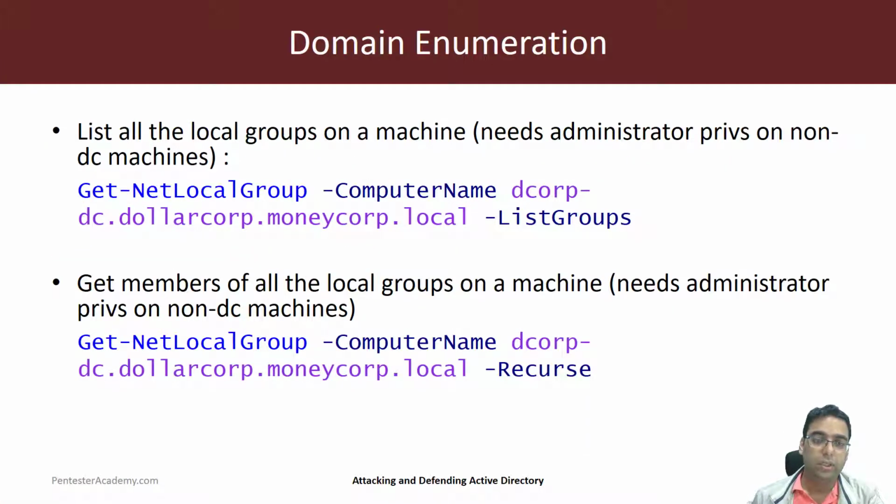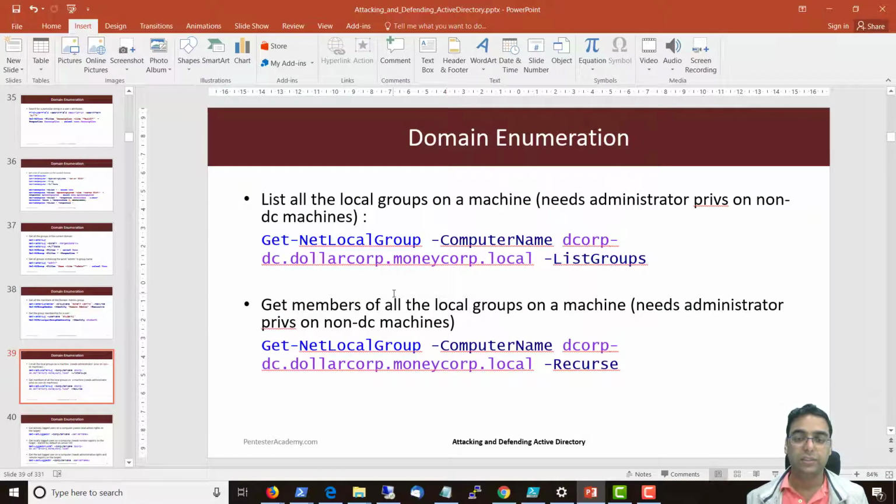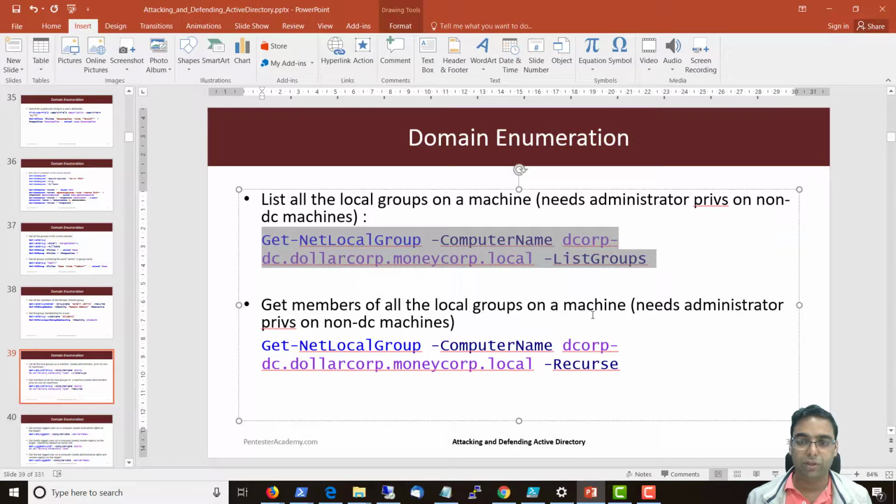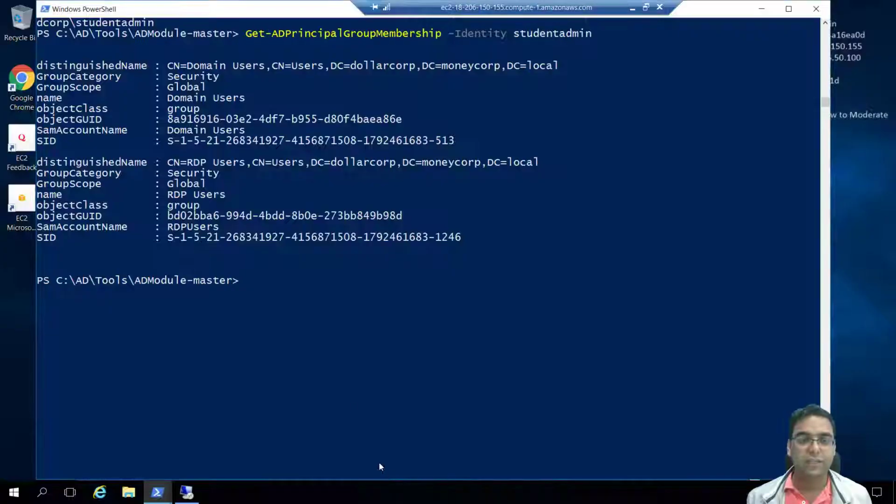Continuing with the enumeration, what we did was to list the domain groups. We can also list the local groups on a machine. Please keep in mind that other than the domain controller or domain controllers, we must have administrative privileges on the machine where we run this particular command. So this particular functionality is from PowerView. So if I run this particular command, what I will have is a list of